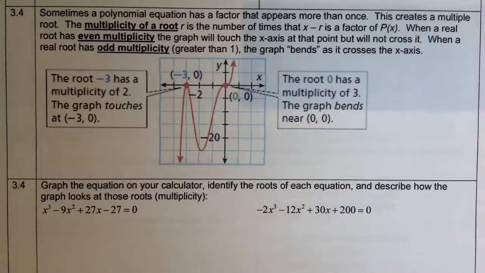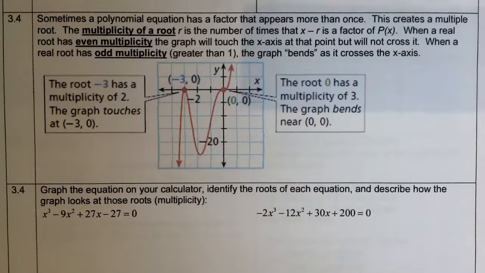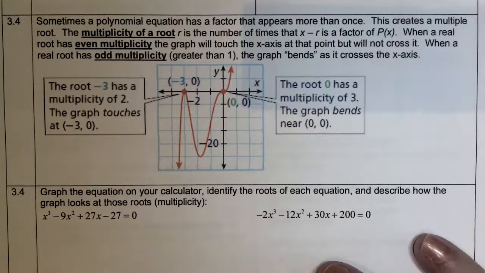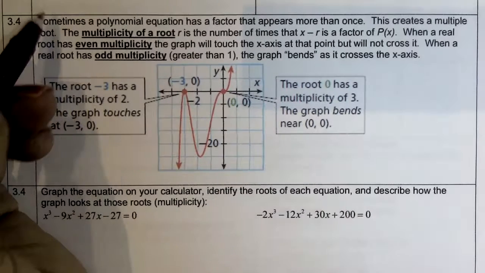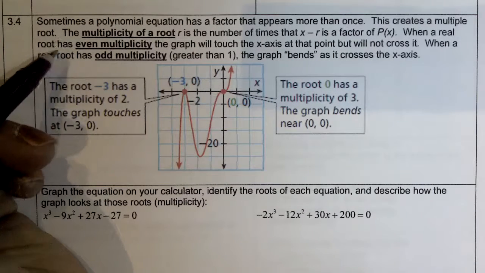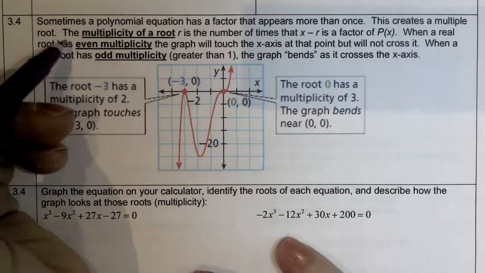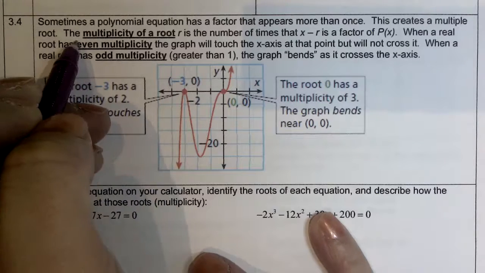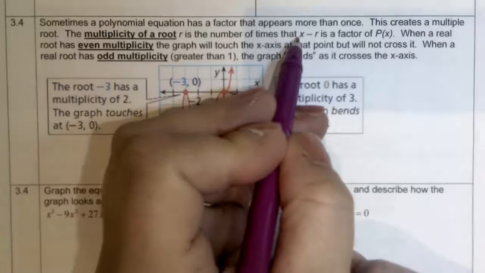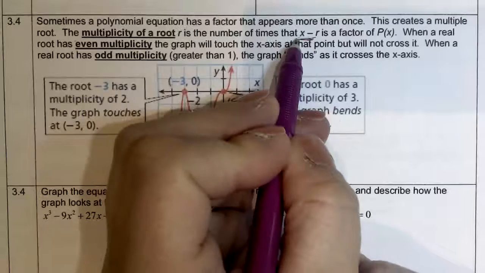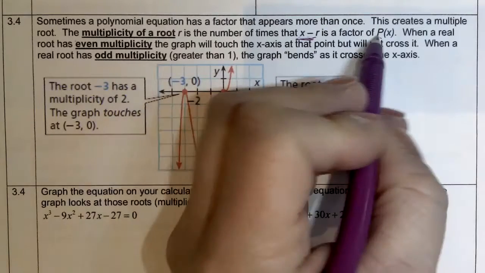All right, so pre-calculus, chapter 3.4, Apex version. So in 3.3, we talked a little bit about multiplicity. Now we're going to define what multiplicity is. The multiplicity of the root is the number of times that this factor is a factor of the